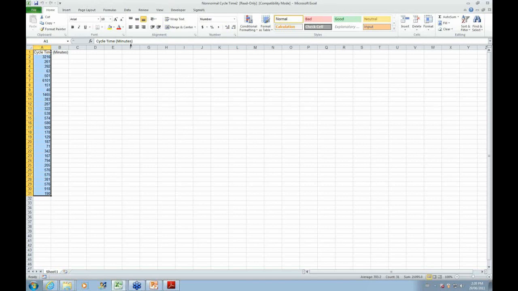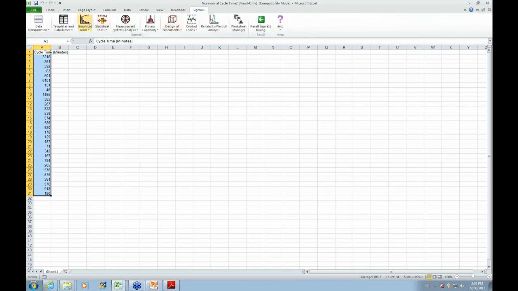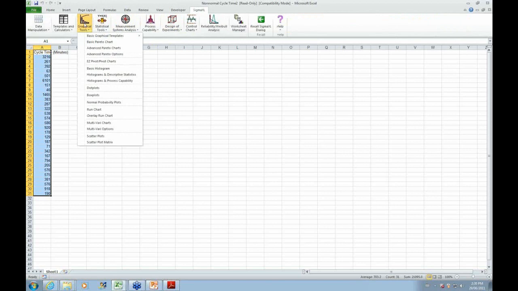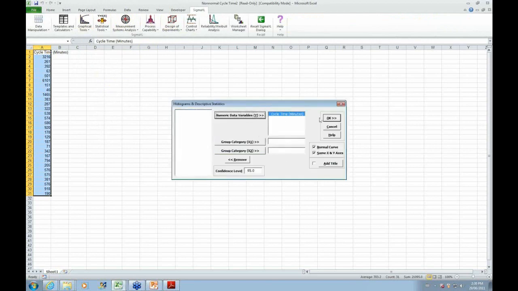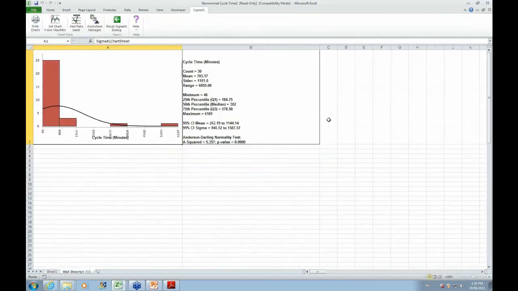So let's begin with a graphical view. I'm going to look at histograms and descriptive statistics, and we'll look at the cycle time. As you can see, you have this long tail, and the normality test fails. The p-value is less than 0.05, and so the data are not normal. And I also want to run